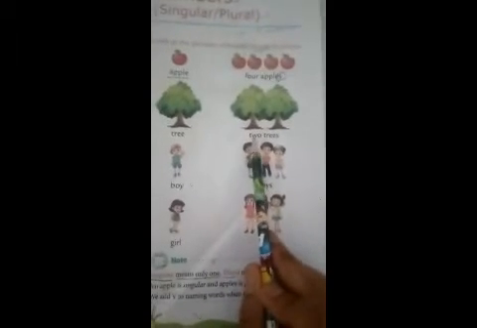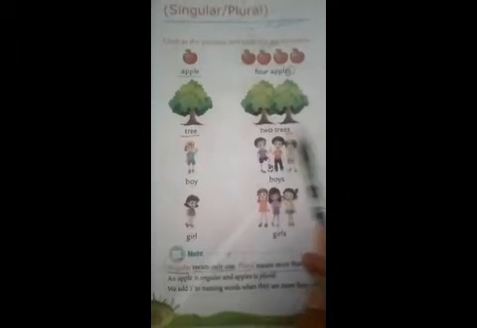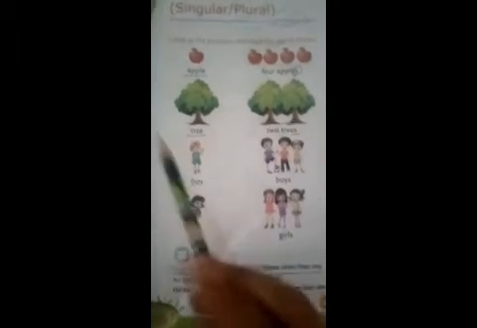See, the same thing is written here. We add S to a naming word when there is more than one. It means when the objects become more than one, then we put S at the end of the spelling. Let's take an example. This is tree, T-R-E-E, tree, because this is one tree, which means singular. When it becomes two trees, 1, 2, it's more than one. So we need to make it plural. This is the spelling of tree. So what will we add? We add S at the end of the spelling. Now it becomes plural.